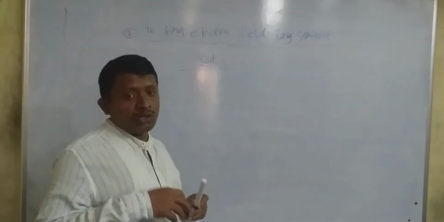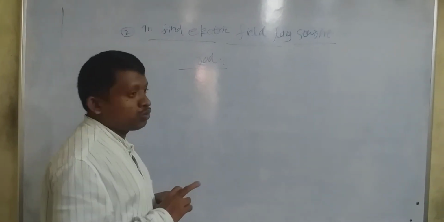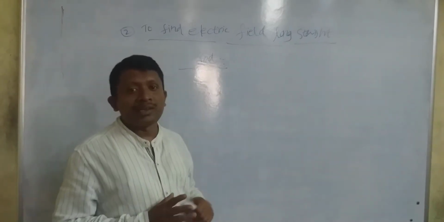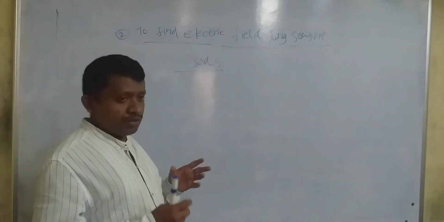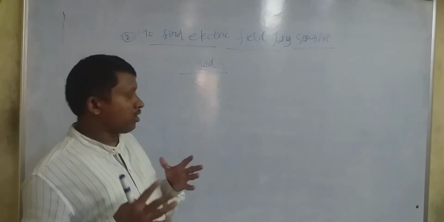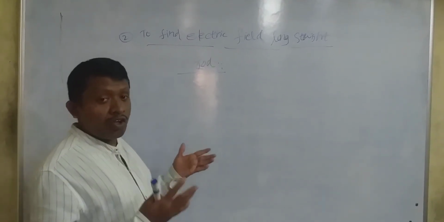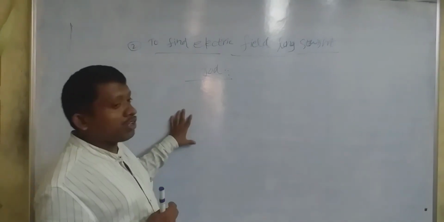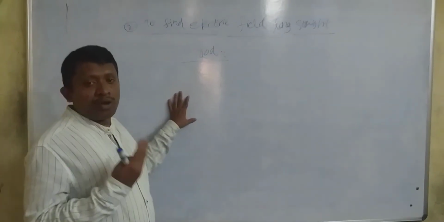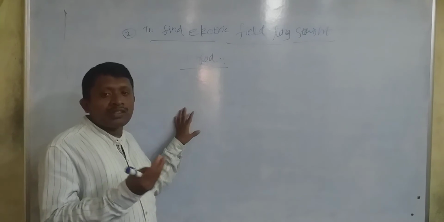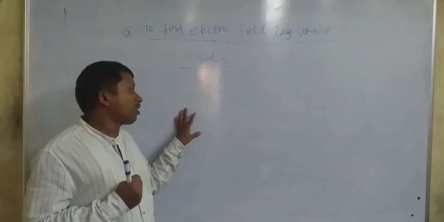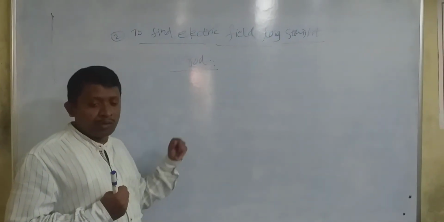If we use Coulomb's law, we have to go through so many long mathematical steps, so it will be really hard, we may make some mistakes, and it will take a long time also. But by using Gauss's law, we can solve this problem within 2 or 3 steps. This is the power of Gauss's law. So I am going to solve it step by step.